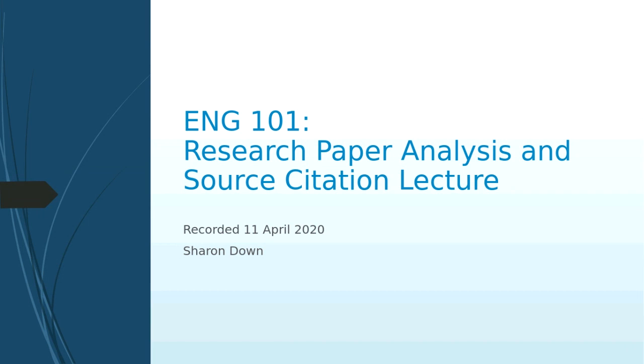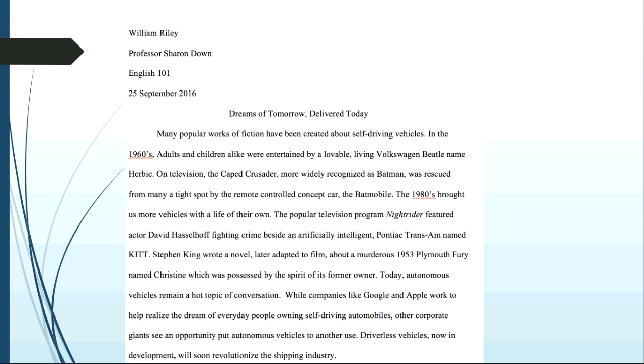So the first thing to ask here is, which of these papers is most effective? And my answer is they're all effective in different ways. William Riley's Dreams of Tomorrow Delivered Today is a really good synthesis of several related inventions or technologies. His thesis is predictive. He's showing how these driverless vehicles will impact the way we do business in the world. He doesn't use a lot of verbatim text in here, but when he does quote something verbatim, he makes it